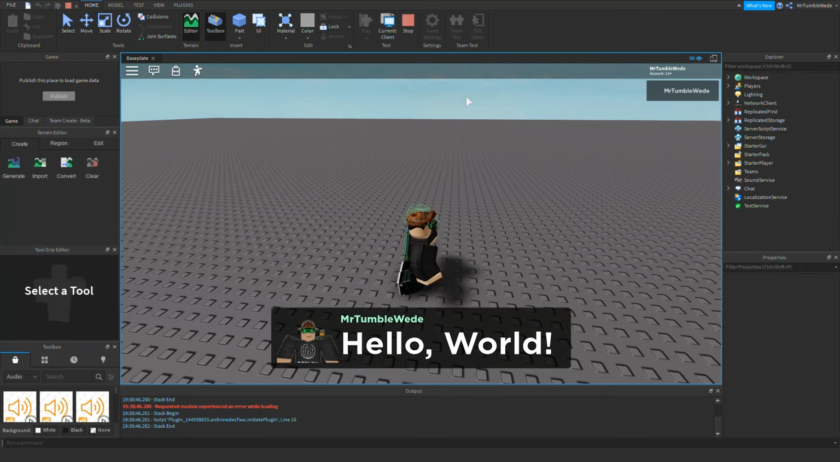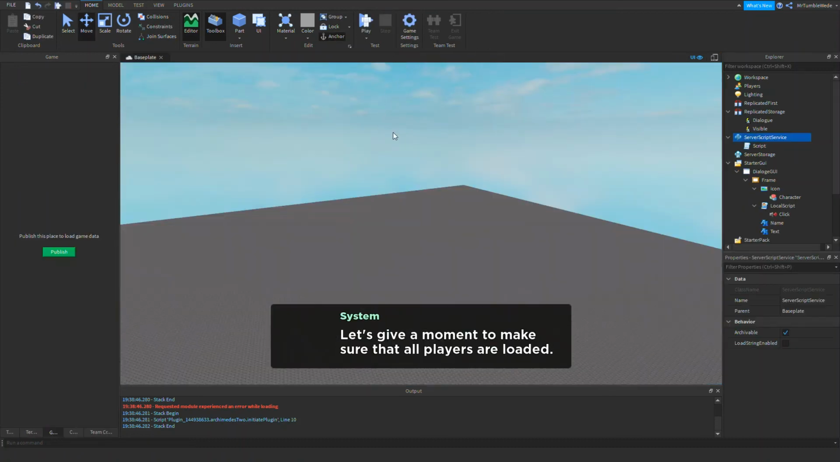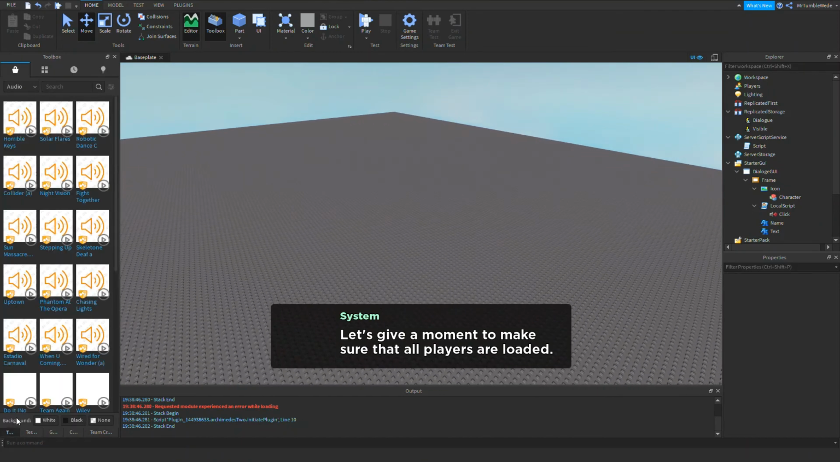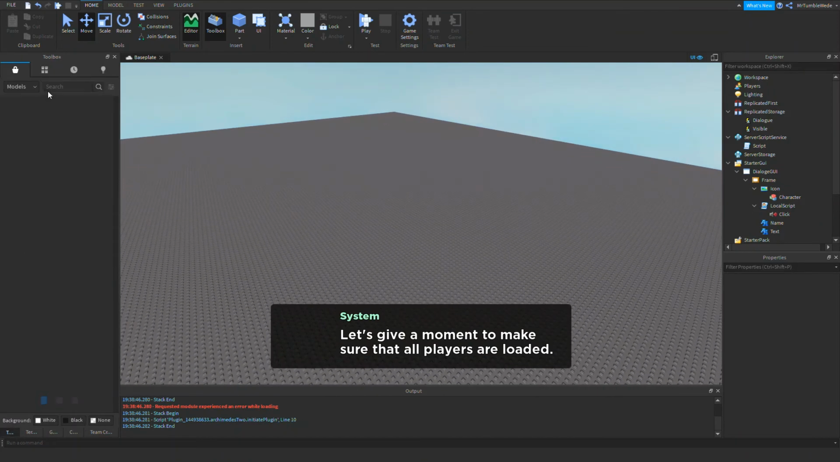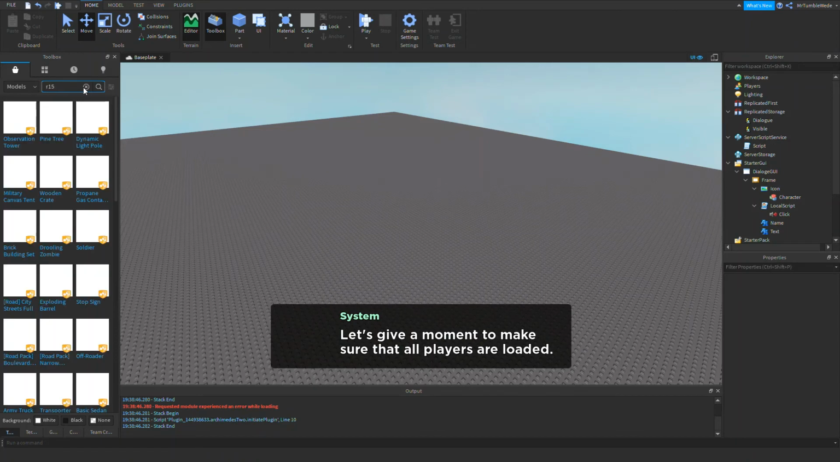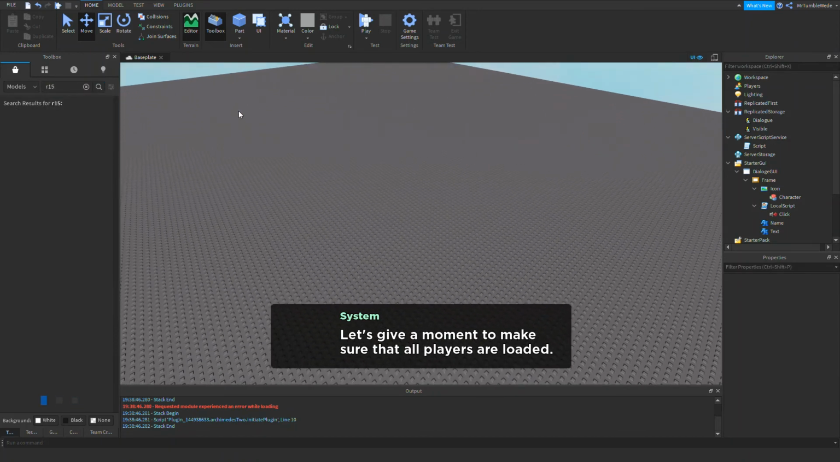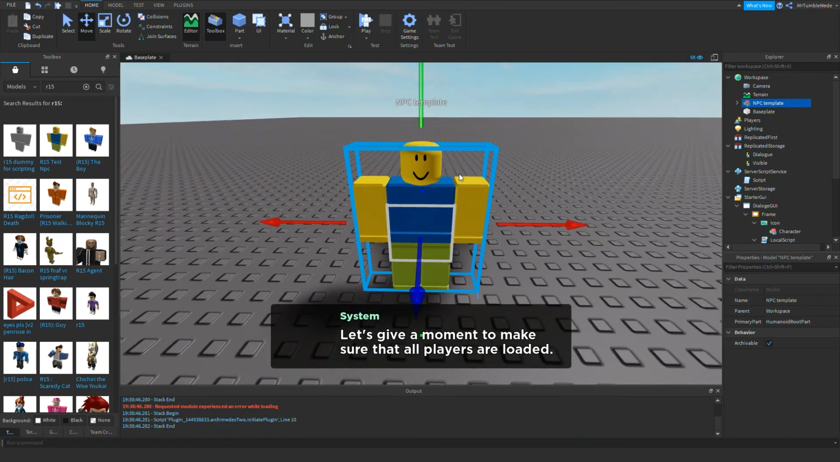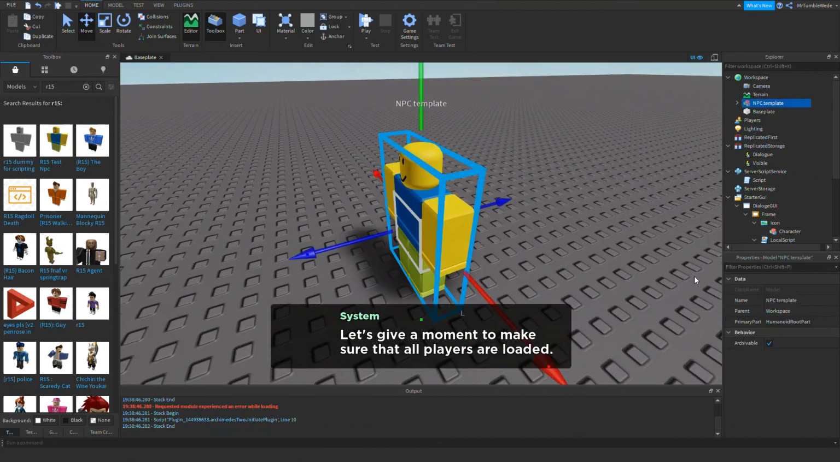We have this working. Now you might be like, but how do I make an NPC talk? Well, that's fairly easy. Let's just add in an NPC. I just type in R15, since the top second result is always the R15 test NPC by Victor 15060. I recommend using that NPC since it's a very high quality one. So we're just going to call this